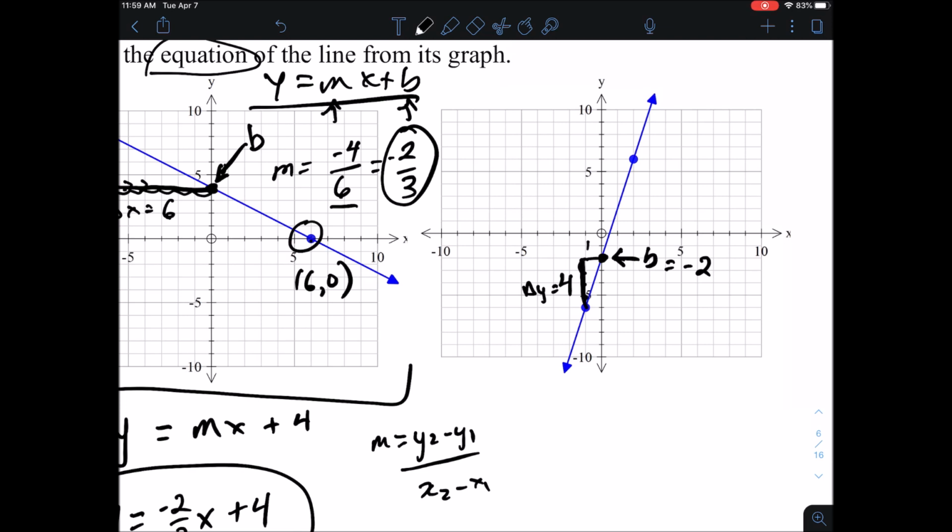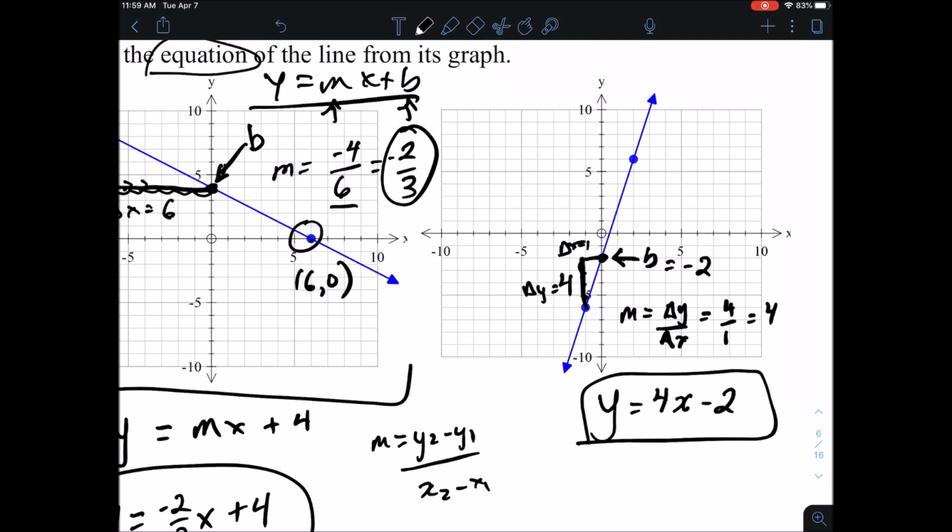This is the change in y, because it's my vertical change. And the change in x is 1. And they're both in the positive direction, up and to the right. So m is the change in y over the change in x, which is 4 over 1. So it's 4. And now I put those into my equation. Y is 4x minus